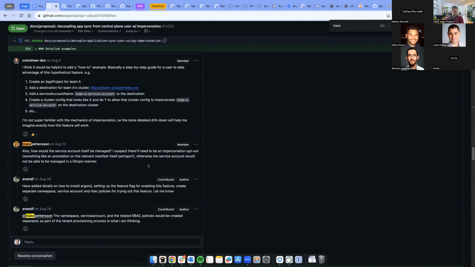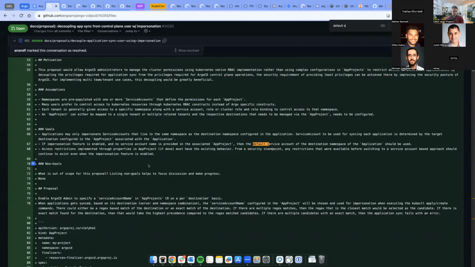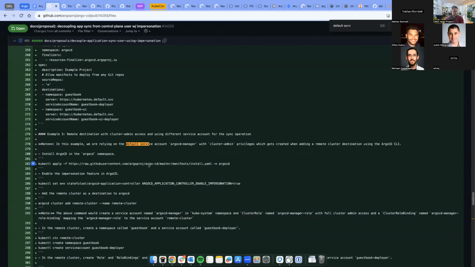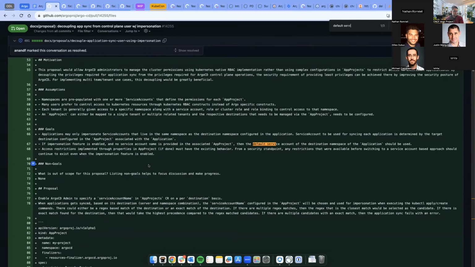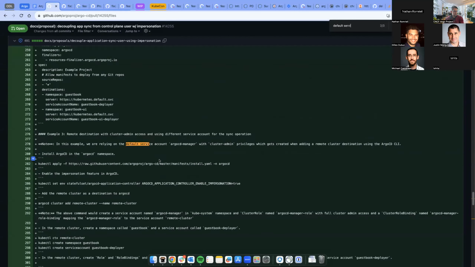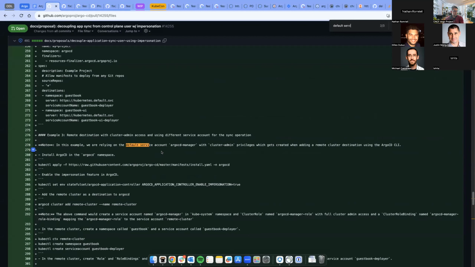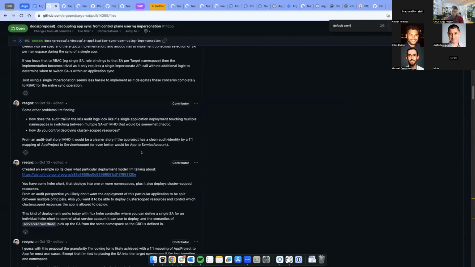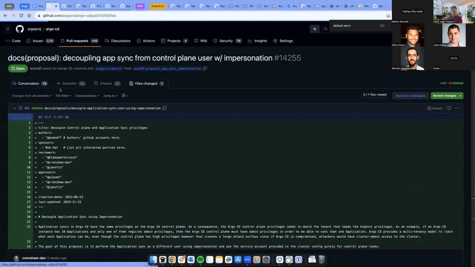Can you search for default service account? Yeah, 3 occurrences, with no comments in the lines. It's from the conversation section.